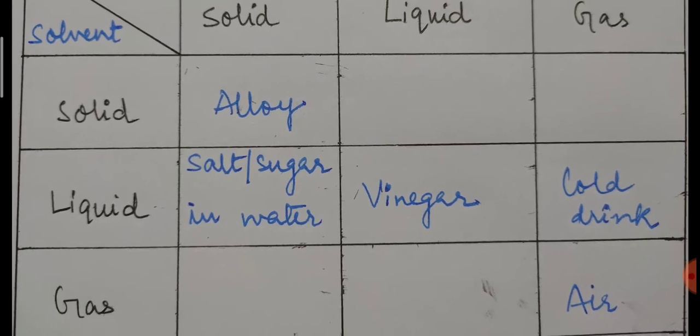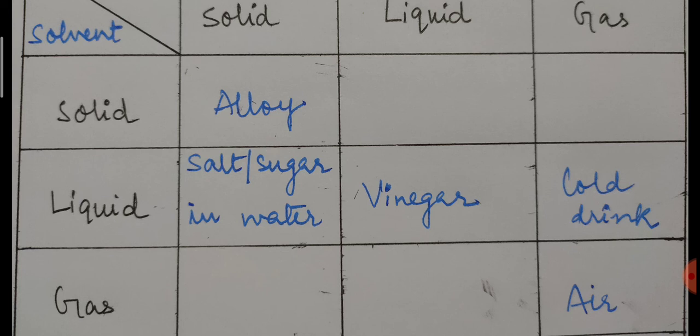The example we can give in this category of gas in gas solution is air. We know that air is a mixture of a lot of different gases. The main components are nitrogen, oxygen, carbon dioxide, then some noble gases. So here solute is also in the gaseous state and solvent is also in the gaseous state in case of air, and that is why air is an example of gas in gas solution. I hope that it is clear to you. With just this small table, you should be easily able to understand everything.